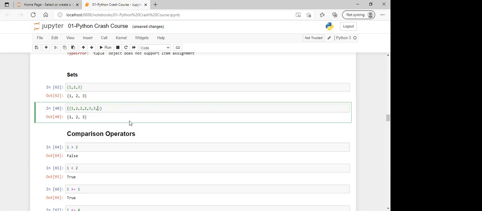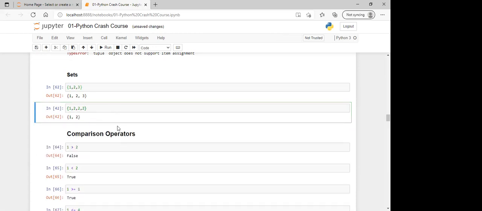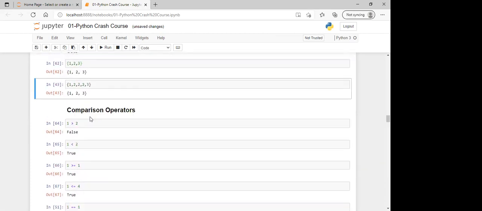You need not pass them in double brackets, only one curly bracket. Otherwise it will not work. Now you pass 1, 2, 3, 4. So you will get all the unique items.